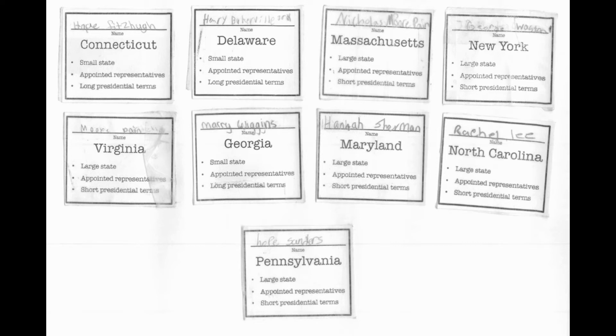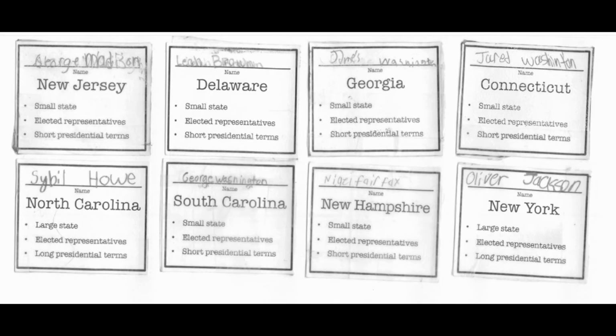Okay, if you guys remember, we chose identities and we had them taped to our desks. Well, obviously we can't do that anymore, so I took all of your identities and I put them on these two slides. Now, this first slide shows all the states that support the representatives being appointed, okay? So if you're one of these 9 states, you support representatives to be appointed. On this next slide, these 8 states support representatives to be elected, okay? So if you're one of these 8, then you support representatives being elected to their positions, okay?